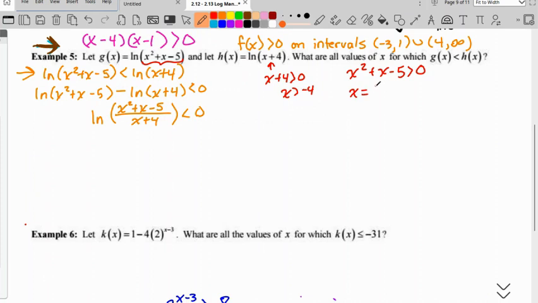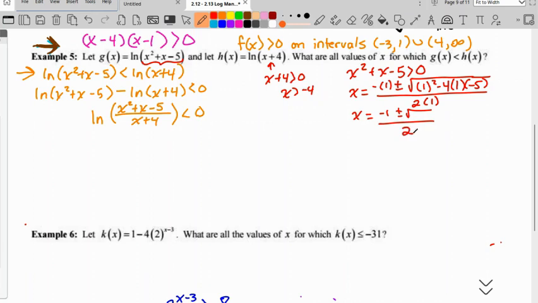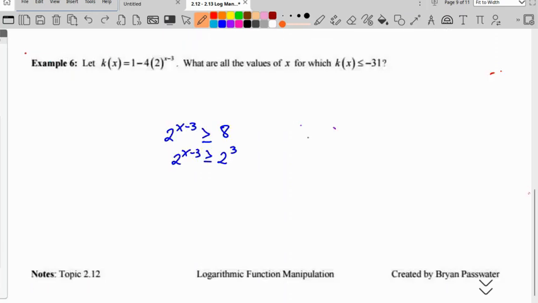So x equals negative b plus or minus the square root of b squared minus 4ac, all over 2a. Okay, so if we simplify that, we get that x equals negative 1 plus or minus the square root of something over 2. That something is going to be,